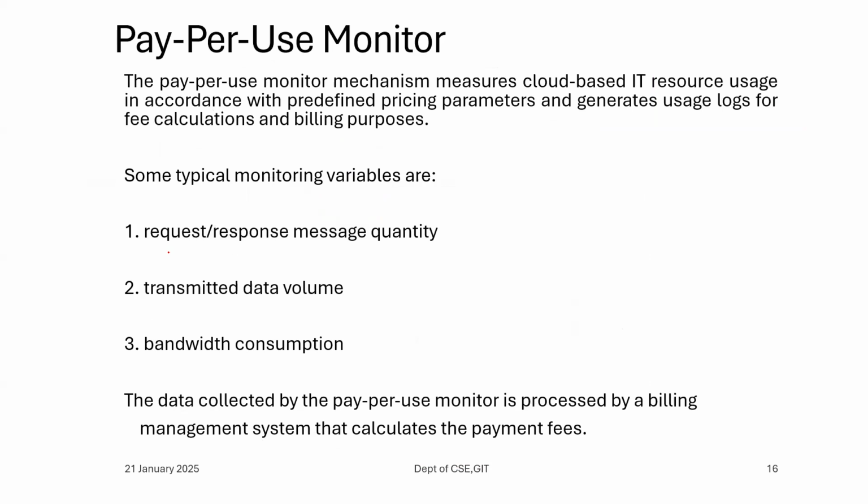So how will they charge? We need to know this point also, simple, but we need to know. Based on the requests, based on the quantity of response messages, how many requests we are sending and how many responses they're sending, they'll monitor everything. That is the first thing they're going to charge us on. And then based on the transmitted data volume, how much data we are uploading or downloading. And then the bandwidth consumption, how much bandwidth is being consumed. As per these 3 points, the cloud service providers are going to monitor